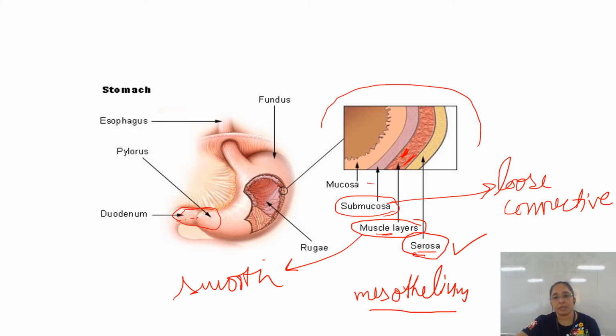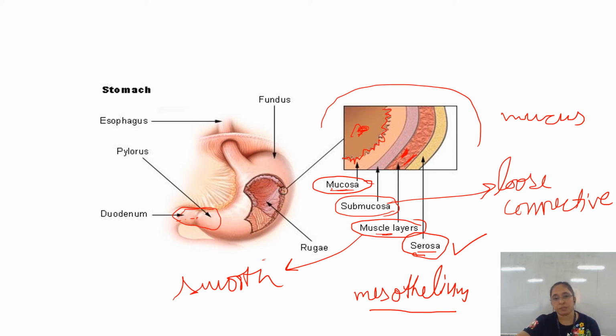Okay. Now the last layer, that is the mucosa. The lumen of the alimentary canal is lined with this mucosa layer throughout the length of the alimentary canal. The mucosa layer shows the presence of goblet cells, and these goblet cells secrete mucus. The function of this mucus is to lubricate the alimentary canal. Fine. And this mucosa layer shows modification in different regions of the alimentary canal, such as